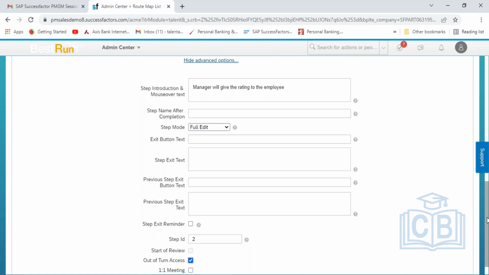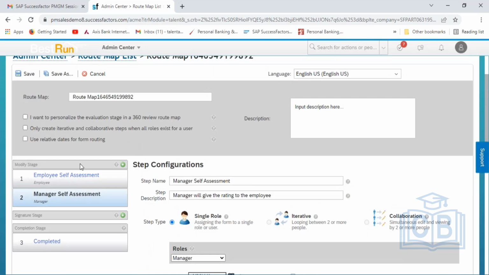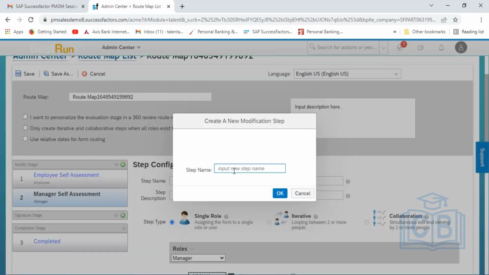First of all, I'm just taking it. Okay, first start of review, in the first the employee I've taken, this out of turn I'm taking, and after this, the third one is it will be going for let's take one-to-one